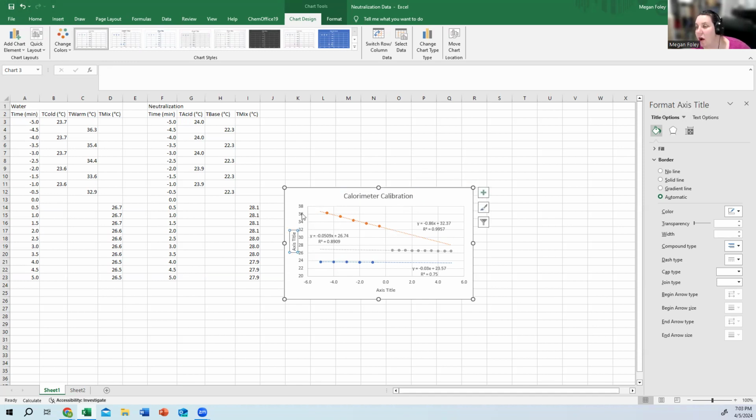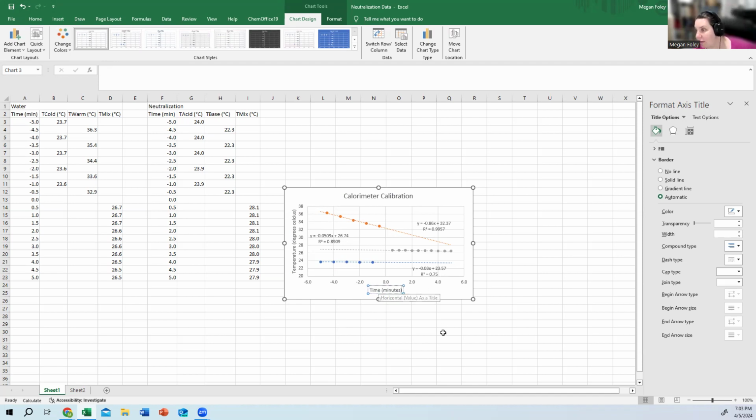And then on our y-axis, we're going to have our temperature in degrees Celsius. I think I'm spelling that right. And then time in minutes